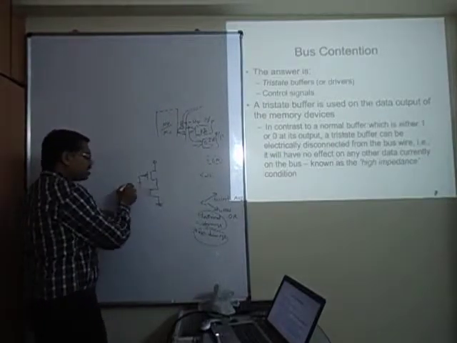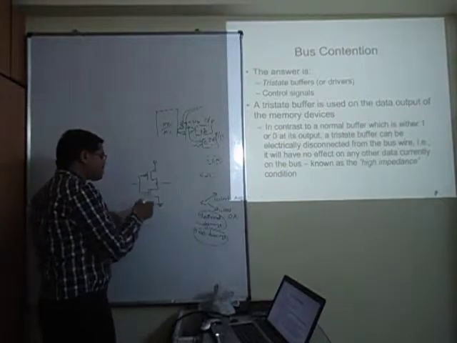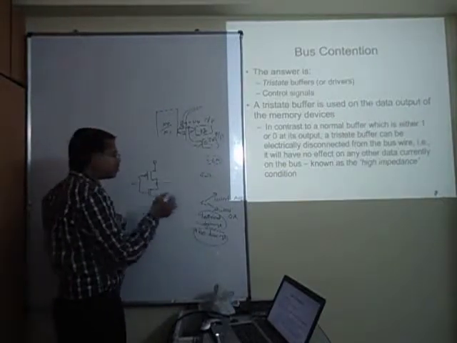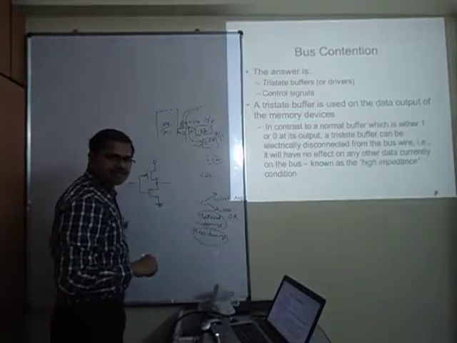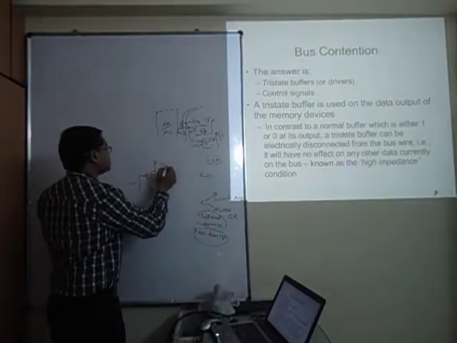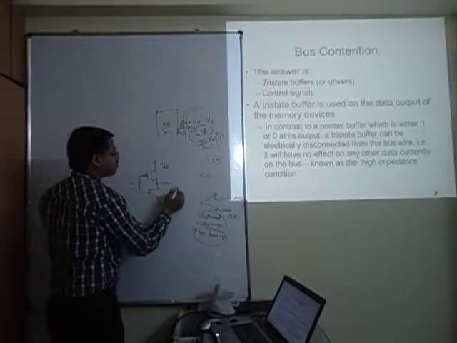In this you cannot realize tri-state. I am just trying to first of all create a context where I can explain about what is low impedance and what is high impedance. Tri-state is nothing but actually high impedance state. Okay. So this is VDD and this is actually input and this is output.